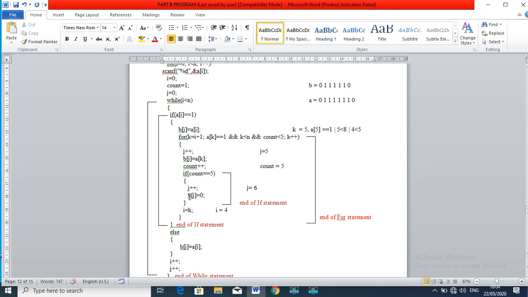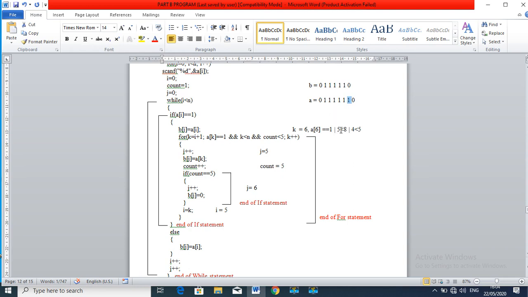After this is executed, now I equal to k value. Check it, previously k equal to 5, I equal to 5. Then it goes up, k gets incremented to 6. a of 6 is equal to 1, yes, the condition is true.